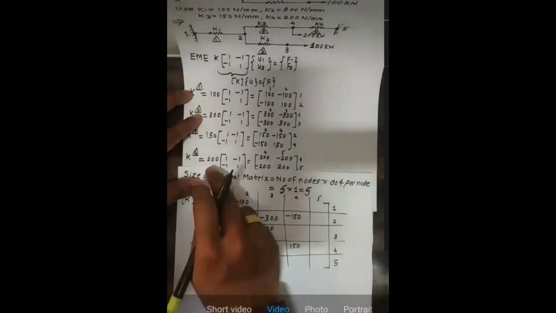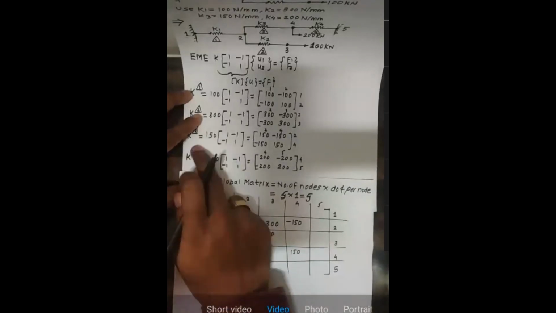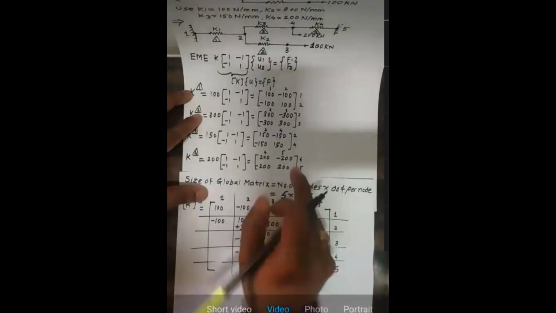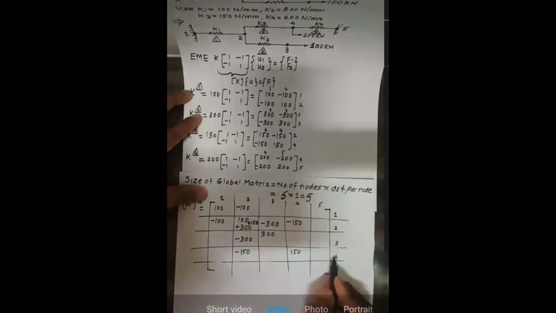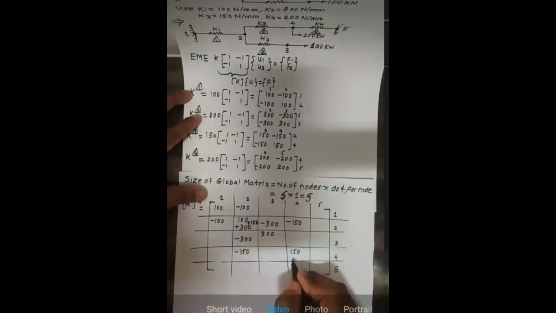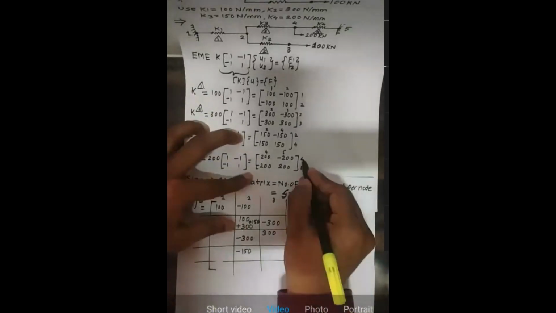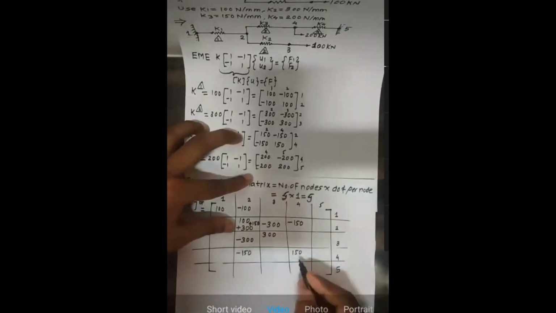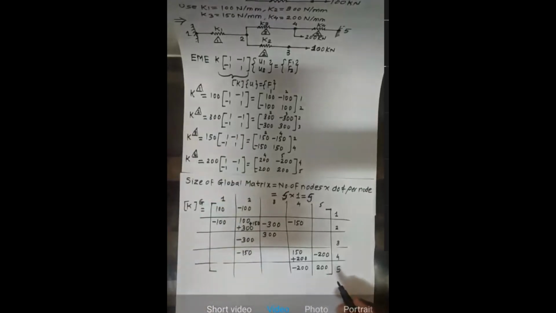Next, come to the stiffness matrix of element number 4. It is 4, 5, 4, 5, straightforward. So just get the starting point. 4, 4 is the starting point, right? So at location 4, 4 you have 200. Here you write plus 200, here minus 200, here minus 200, and here plus 200. Is it okay or not? Everybody understood this one?